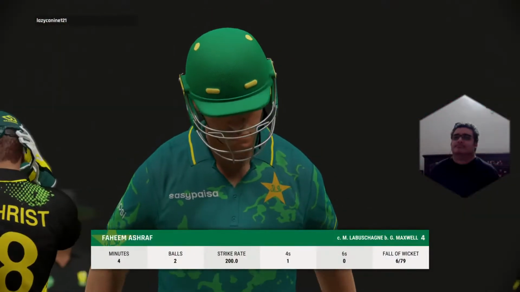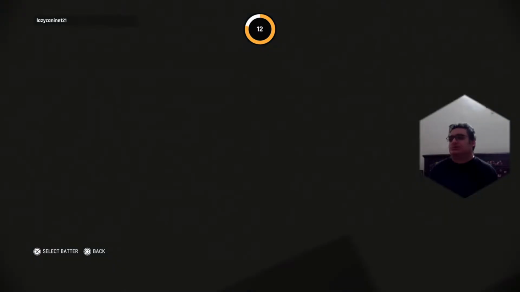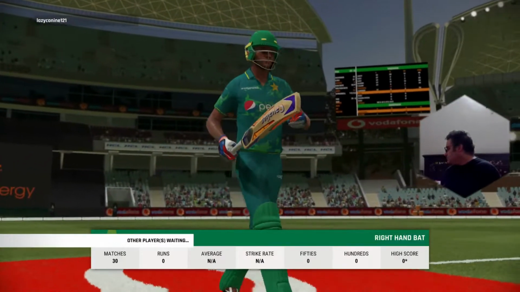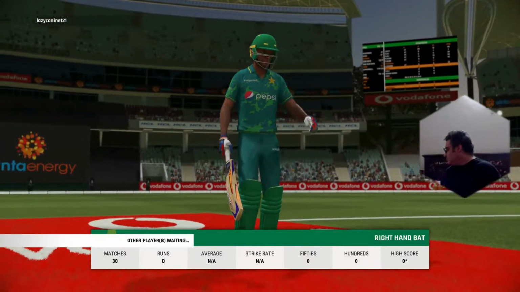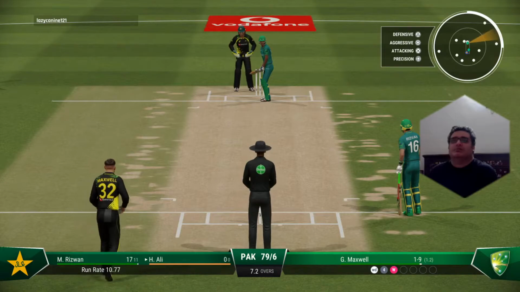A trudge back to the pavilion. A disappointing display in the end. For someone with such batting skills, this goes down as a failure. Difficult period as they come to the wicket. They'll take plenty of time to set themselves up before facing their first ball. Now I put it very well.